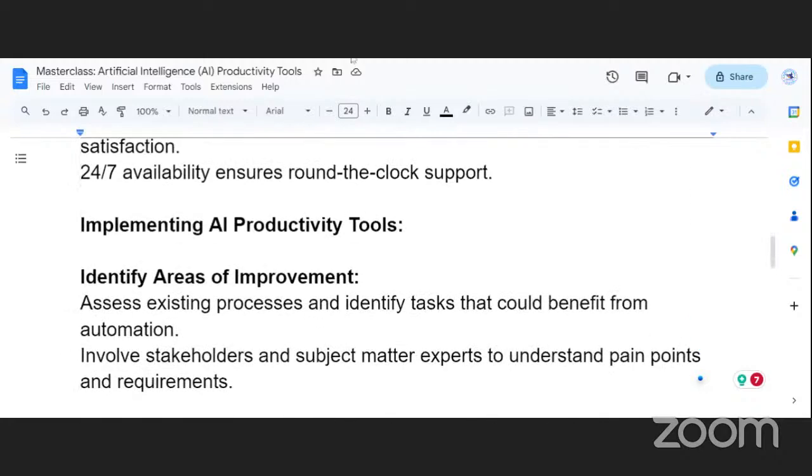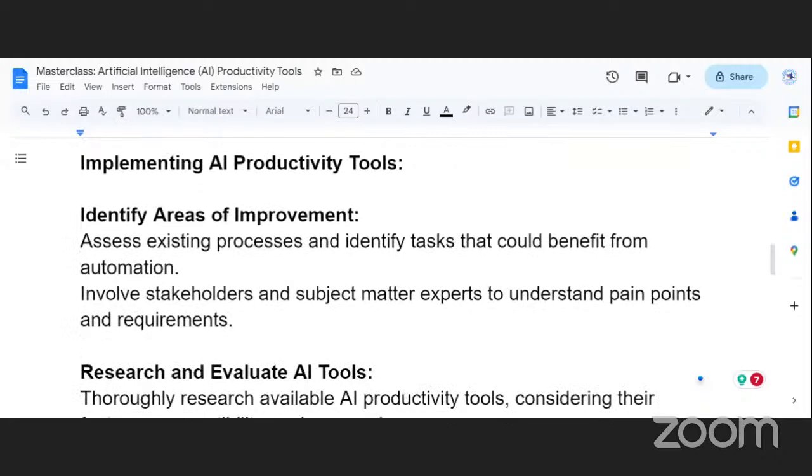So what are some of the things you need to take into consideration before you implement artificial intelligence productivity tools in your workplace? One of the things you need to take into consideration is you assess your existing processes, and then you identify tasks that could benefit from automation. Yes. So in your workplace, you see what am I doing at the moment?